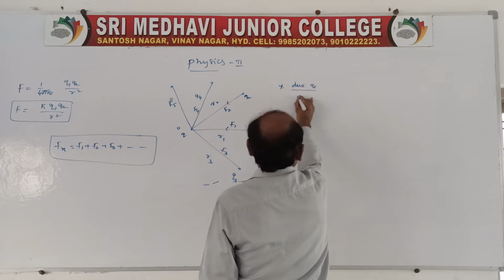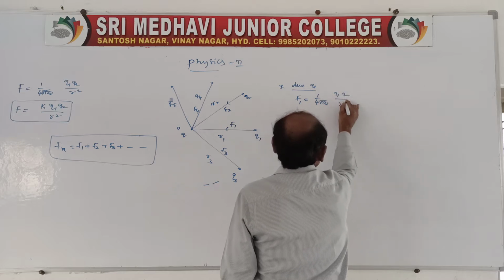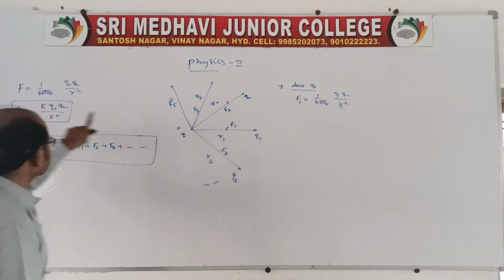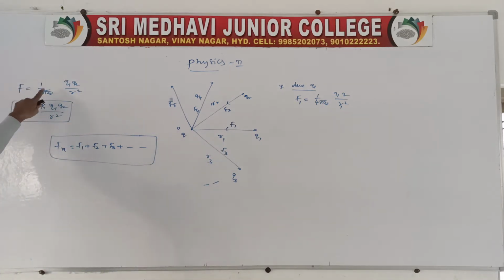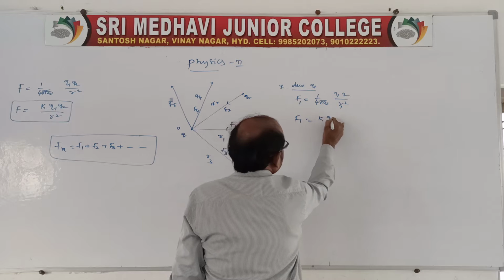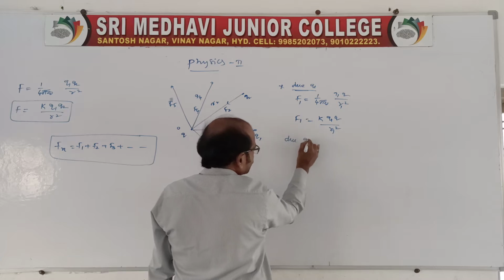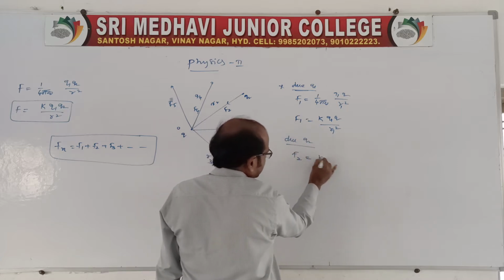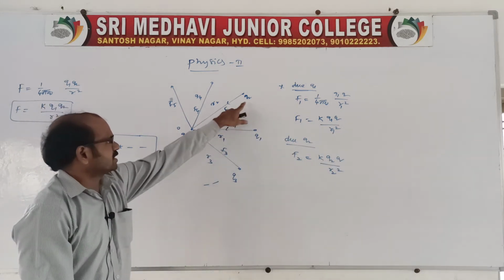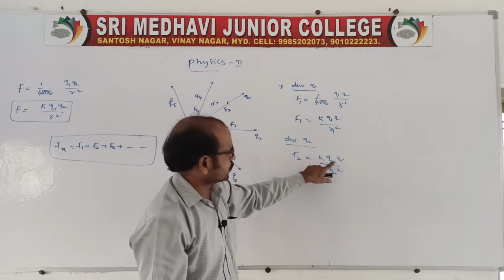q1 charge, there will be a force F1 equal to 1 by 4 pi epsilon naught q1 q by r square, or r1 square, because there is a charge q1 and q. The distance is r1. According to Coulomb's inverse square law, F is equal to 1 by 4 pi epsilon naught q1 q2 by r square. So here F1 is equal to k into q1 q by r1 square. It is due to q1, and in the same way you write due to q2 also. So again F2 is equal to k into q2 q by r2 square. Look, this is q2 and the distance between q2 and q is r2, and therefore F2 force will be k q2 q by r2 square.